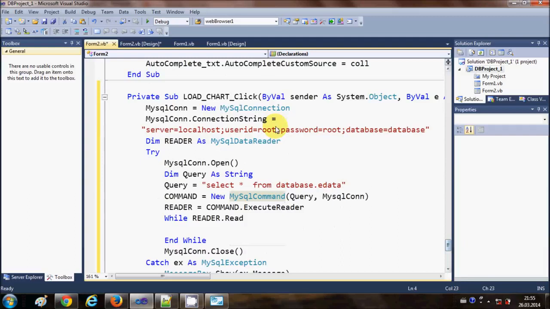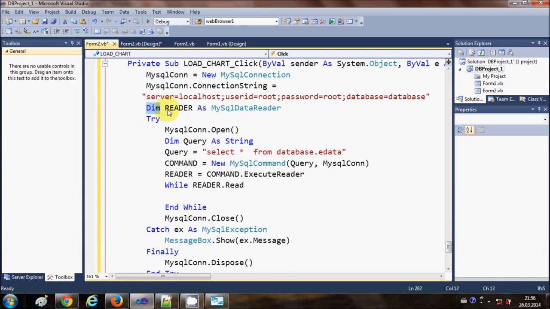So in this button click event of chart, I have MySQL con is equal to new MySQL connection, and then I have given the connection string which will help me to connect to my MySQL server. So I will write MySQL con dot connection string is equal to whatever my server credentials are, which is server is equal to localhost, and my user ID for my server and password for my server and the database name of the database, right? And then I have declared MySQL data reader variable, which is dim reader as MySQL data